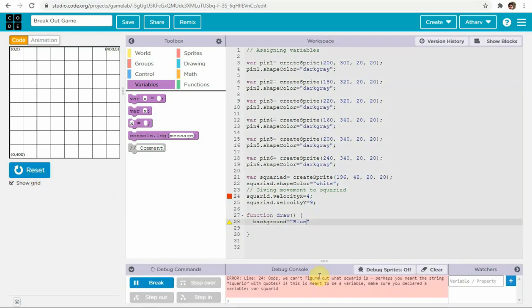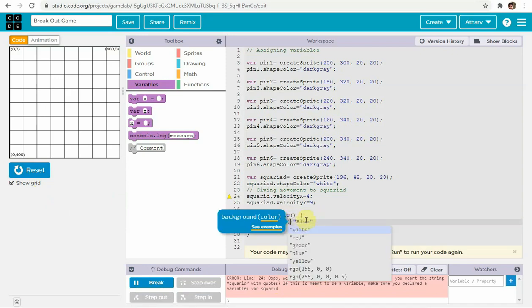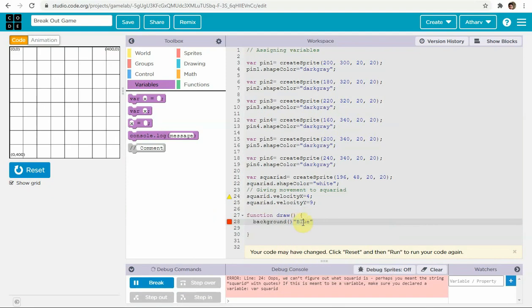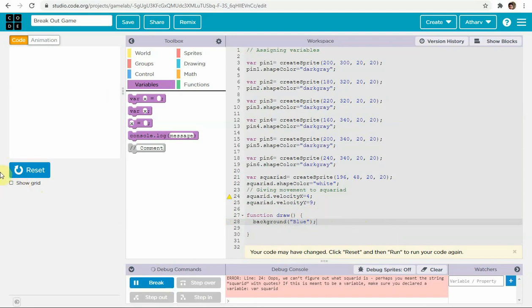It is showing an error because our background will not be written like this. It will have the brackets. Let me just make the correction. For our purpose, the background will be blue. Now I will stop showing the grid, and now I will reset and then run.